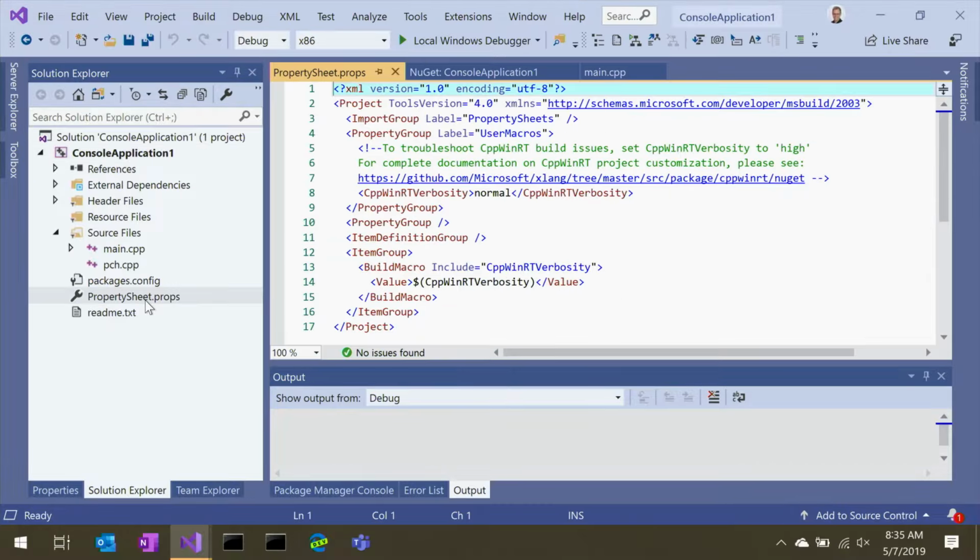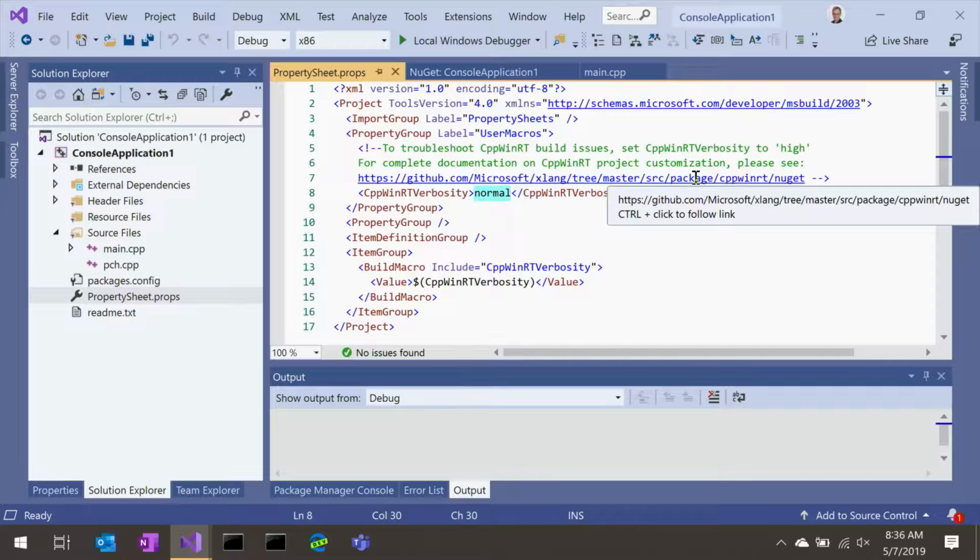The next thing I'm going to do is open up the properties sheet that is part of that template. And what you see here is a link, right here on line 7, to the NuGet documentation for the project properties. So this gives you a complete listing of all of the project properties that you can set to customize your project. And some folks are accustomed to unloading a project, editing the project file, reloading it. The reason that the property sheet is here is just to make that a little easier. You don't have to do that. You can just add to this property sheet directly. So let's see how that might work.